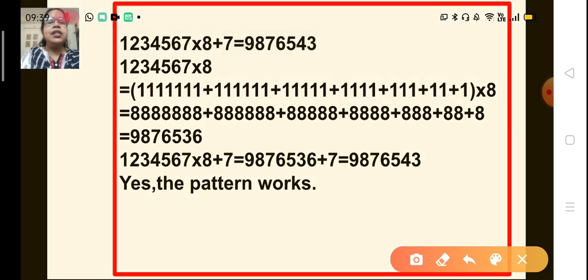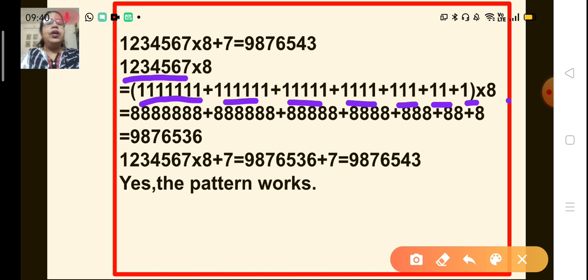We have 7 in the ones place. That means when we add 7 times 1, we get 7, isn't it? So, we can write 1 seven times. So, it is 11,11,111 plus 1,11,111, then it becomes 11,111. Then it becomes 1,111, 111, then 11 and 1. When we add all these numbers, we get this number. Alright. So, we expand the number and multiply it with 8.